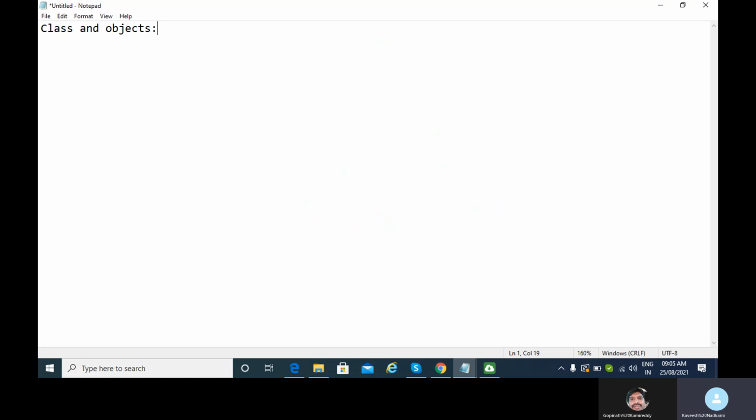It is defined using the class keyword. Okay, it represents any entity. For example, if I want to store details of an employee, I can define my own class called employee, and the attributes for every employee, like employee name, employee ID, employee salary, will be the variables declared in the class definition, Gopinath.